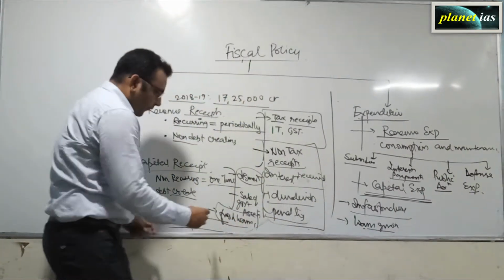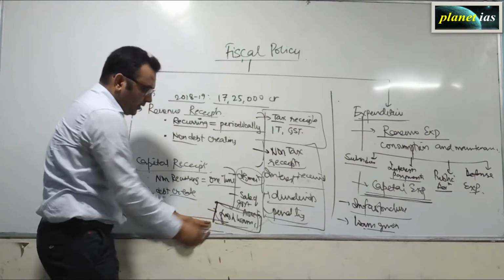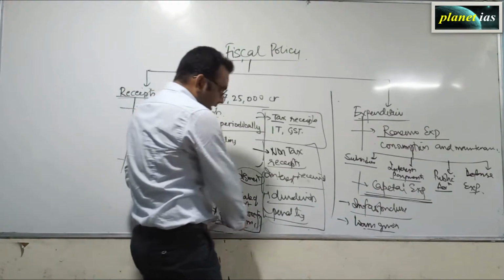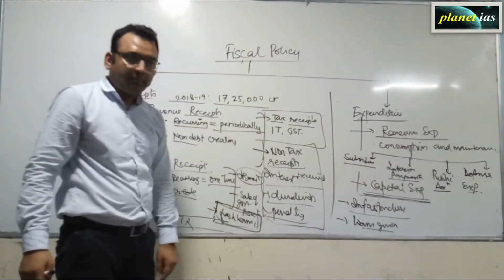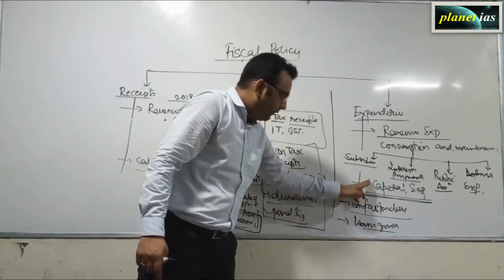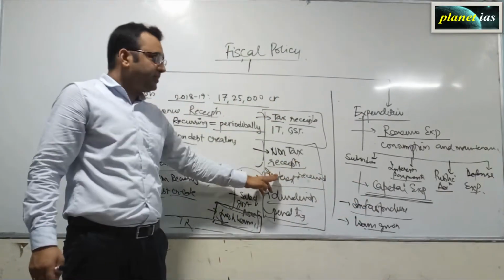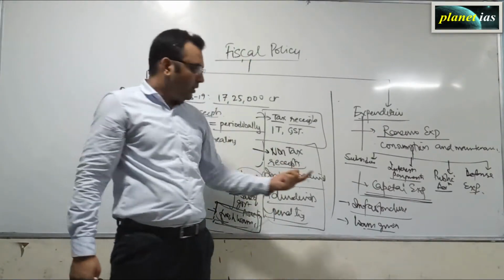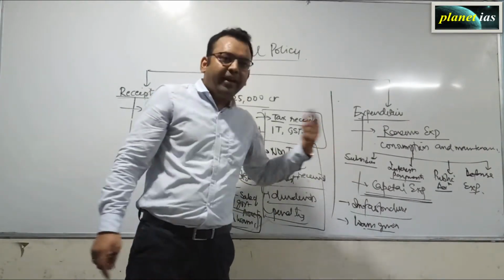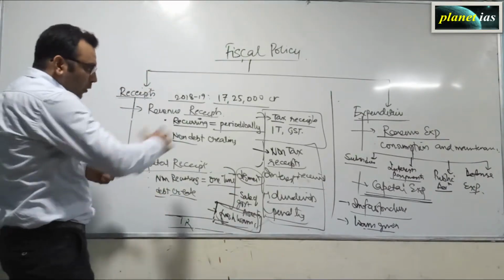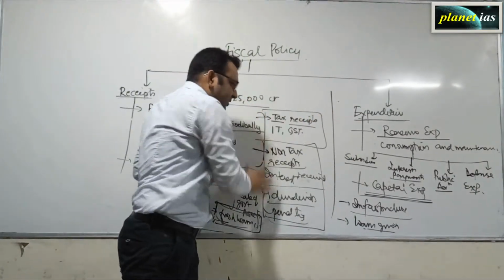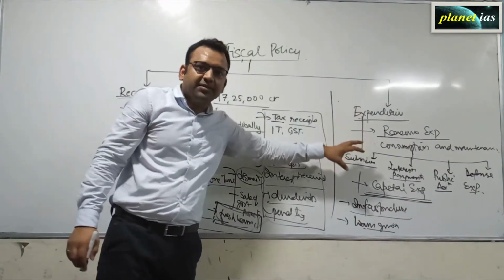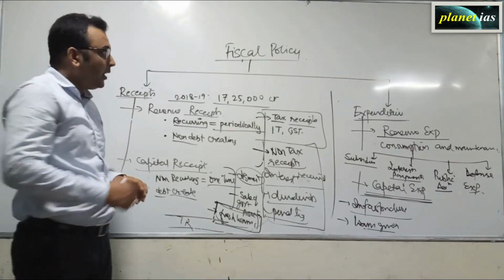So you see, we have given the fresh loans, right? We have received the fresh loans in the receipt part, fine, and we pay interest over here. In the capital expenditure part, we have given the loans and we receive the interest in the revenue part. So interest by default is a revenue kind of receipt or expenditure. So these two components make the expenditure and the receipts of the government. And many questions do come on the parts that which of them is revenue or which of them is capital.